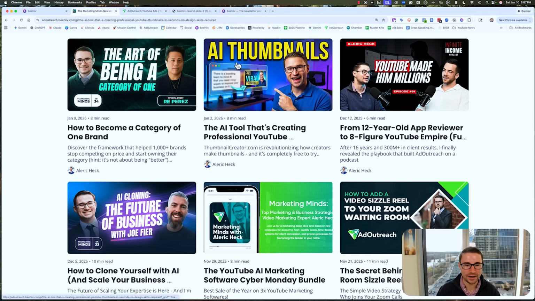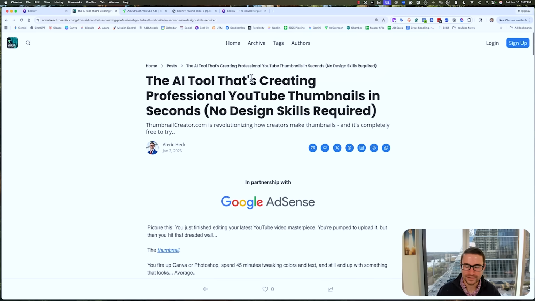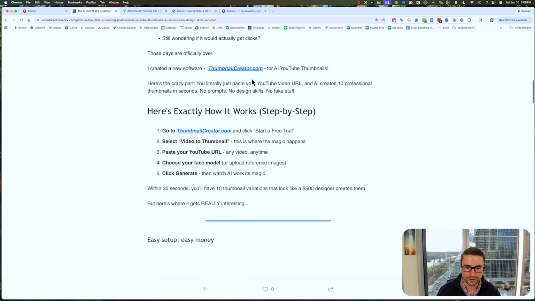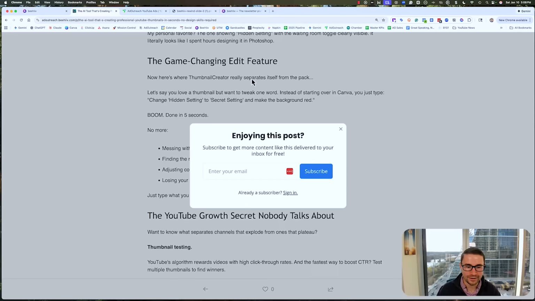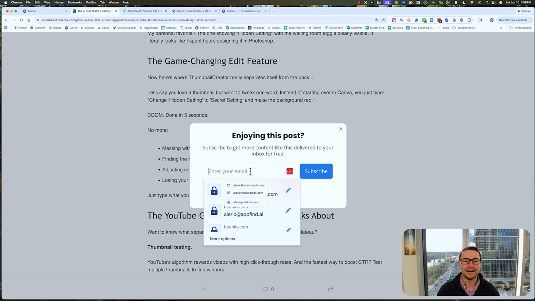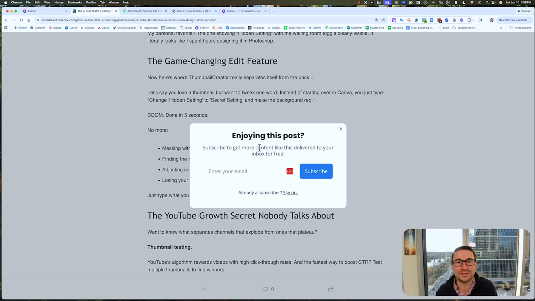And when you open up any of these newsletters, like this one about my AI thumbnail creator software, you can see here, people are scrolling, and then look at this, enjoying this post. Make sure you subscribe. And then it encourages people to actually subscribe to your newsletter as they're scrolling. So if they just find this automatically, it's going to actually give them that reminder. So it's just another way that beehiiv is adding these features that are going to help elevate your overall marketing